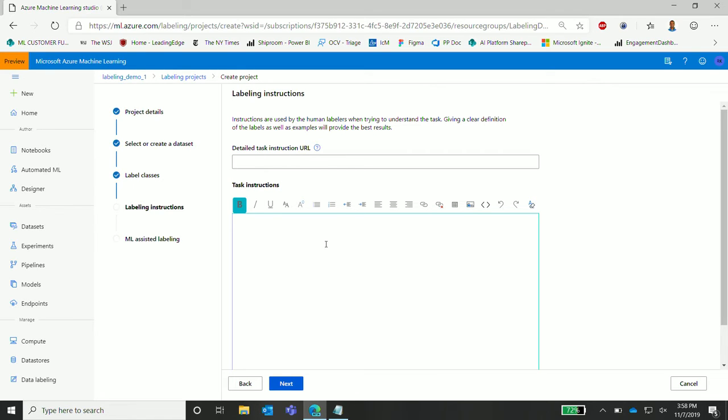Go next. Here, I can provide instructions to the labelers, the people who are actually going to do the labeling. It's a very important aspect because you are taking help from people who are remote or may not have an opportunity to talk to them. So it's very important that you give very clear instructions to them with positive examples and negative examples and different scenarios. You can either provide instruction in a rich text box here, or you can provide a URL, and on that particular website, SharePoint site or something, you can upload a video or rich text or a PDF document, whatever you like. But if you are doing the labeling yourself, you don't have to provide the instruction. I'll just skip this part.